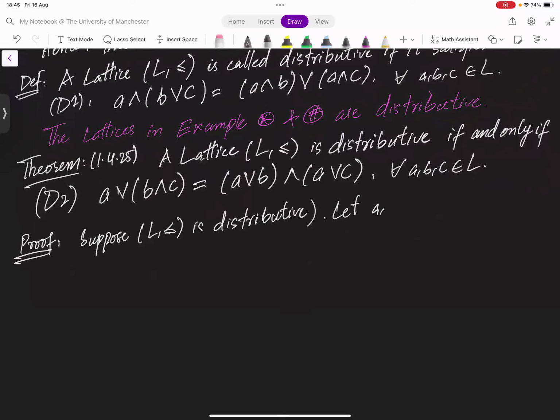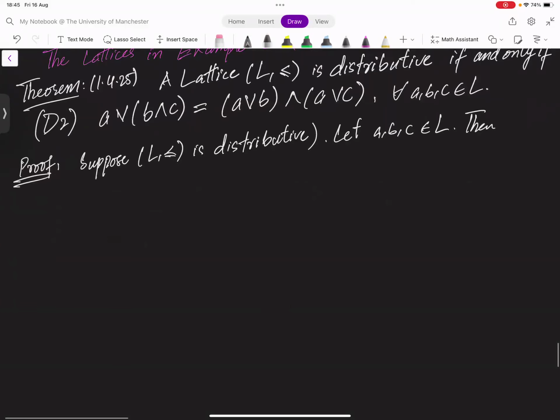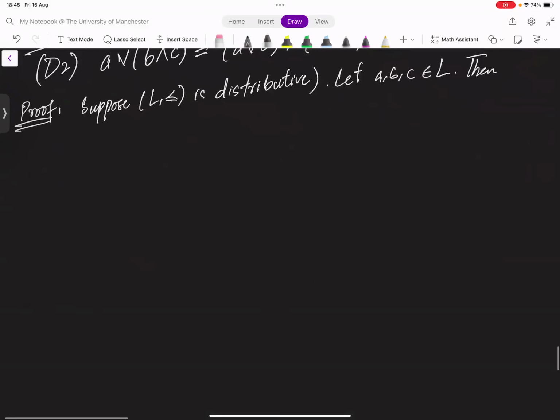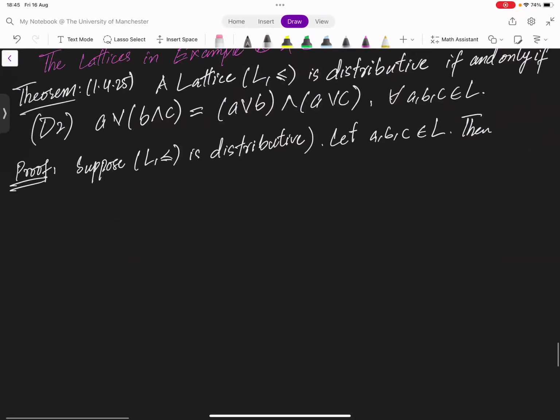We take A, B, C from L, then remember lattice is distributive, it has this property, but now we have this property also. So we will take the other side, this side, and write it: A or B and A or C can also be written as